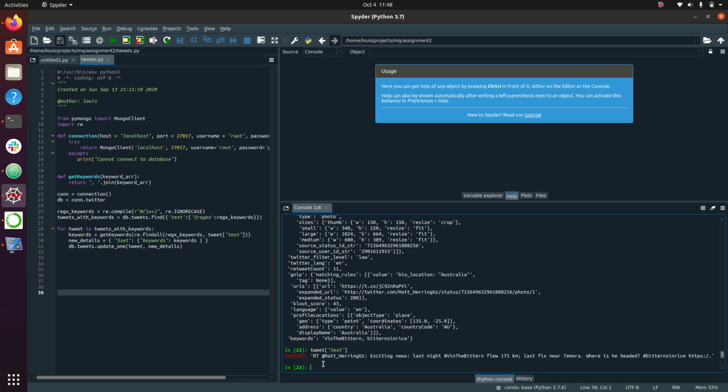And on this text here, you can see that RT and exciting news last night, and then you have Vin the Bitten as a hashtag, and then flew 155 last fixed near Timora, where he's headed, and then you have this bitter and sin rice, whatever that is. Not sure what that text is, but you can see that this one here has a hashtag here, and this one here has a hashtag here, and I was assuming that those are the keywords that we were supposed to be extracting from the tweet, and therefore you can see down here that I was able to extract that